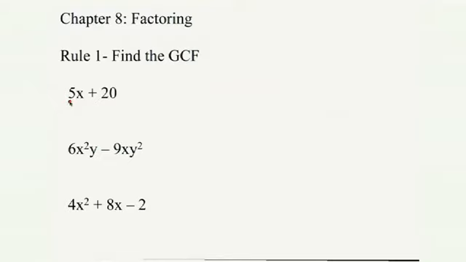There is a 5 that we can take out of both terms. So what I'm going to do for this first problem is put a 5 underneath each one. That's just signifying, hey, I can take it out. Now I'm going to divide, just like we did in the last chapter that Bill was teaching. When I take out a 5, what am I left with? Well, the first thing in parentheses is going to be an x. Why? Because 5 times x gives me 5x, which is the first term. The second number is going to be a 4. And hence, that problem is now finished. It has been factored. 5 times parentheses x plus 4 equals 5x plus 20.